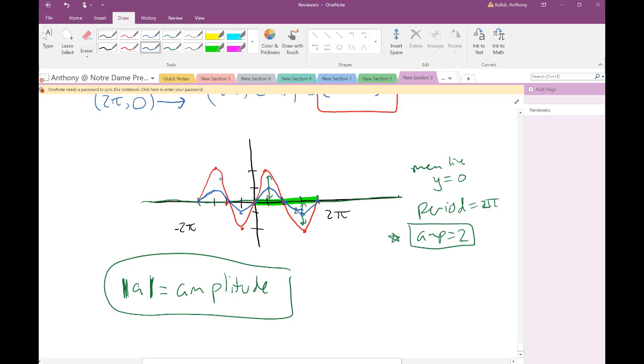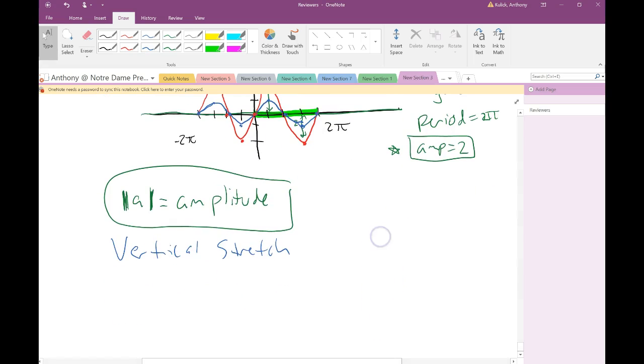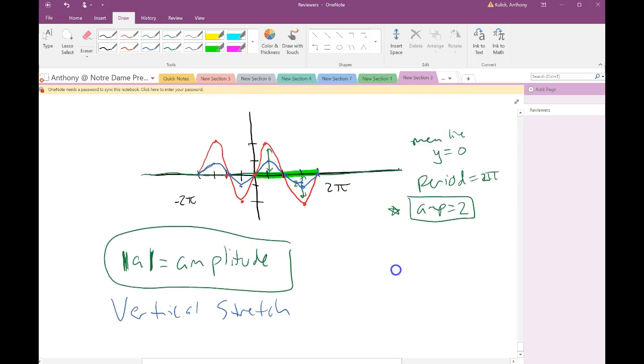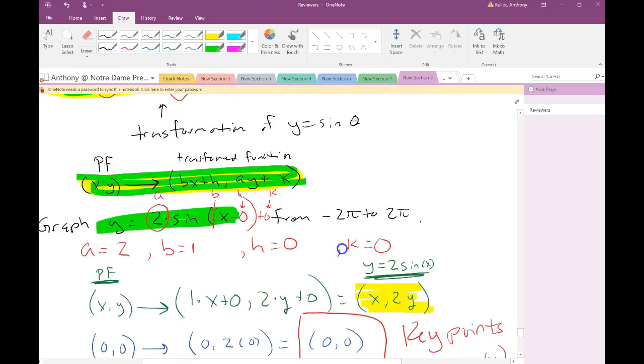So if you were to describe how the red graph is changed from the blue graph, it looks like it has a vertical stretch to it, doesn't it? Like you've grabbed the top of the blue graph and pulled up or down on it. Do you guys agree with that? So what that tells me is that the A coefficient is going to control the vertical stretch, which, if we go back to the translations,